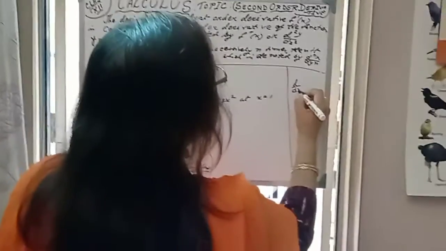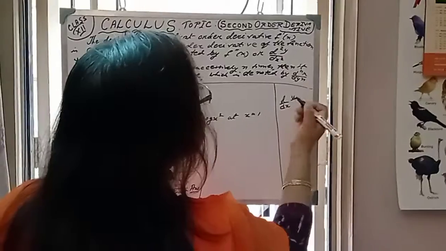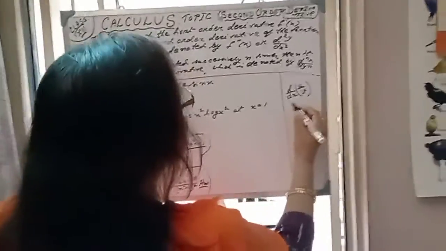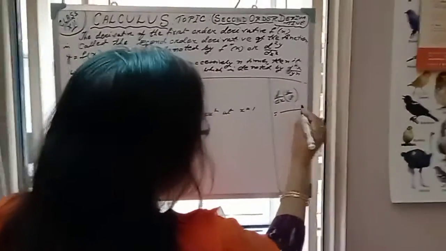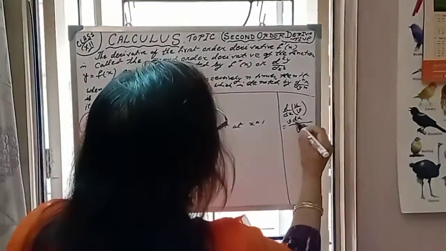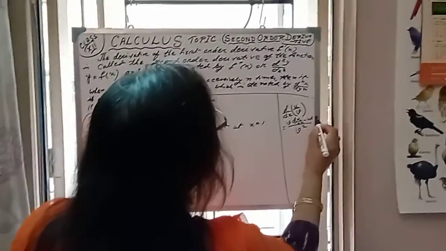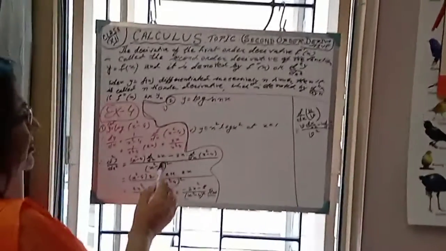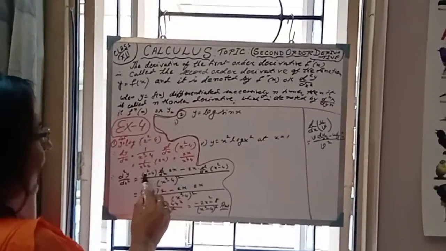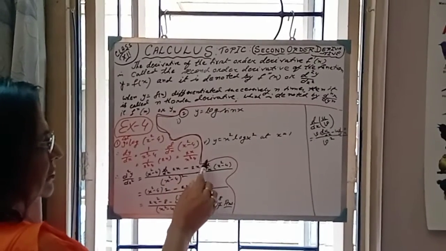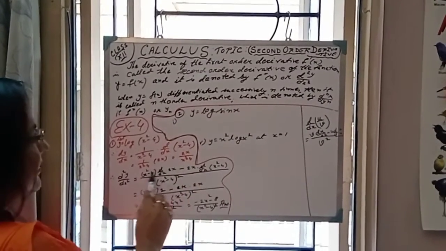What is u by v rule? d/dx of u by v, where both u and v are differentiable functions of x, is v du/dx minus u dv/dx, all over v square. The same rule we will apply here. V square means x square minus 4 whole square, and x square minus 4 times d/dx of 2x, the u term, minus 2x into d/dx of the v term, that is x square minus 4. Just do this calculation part.